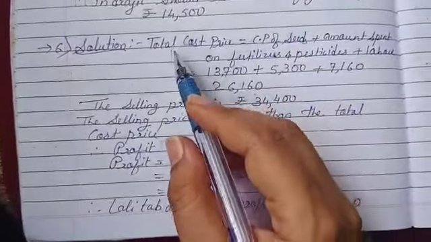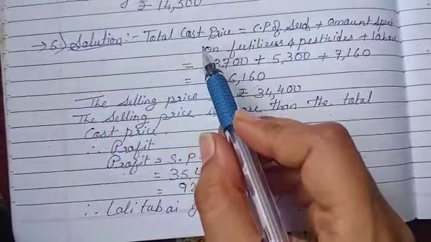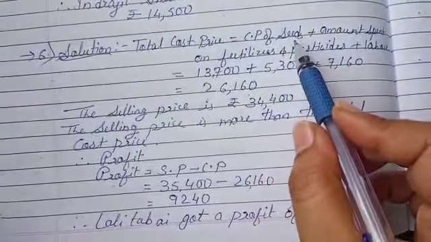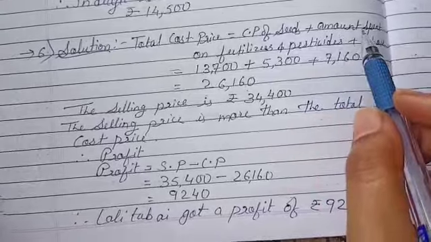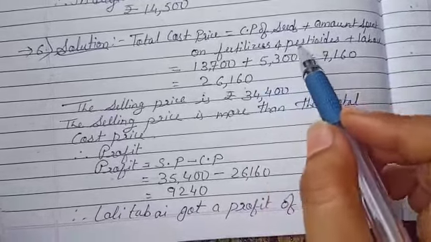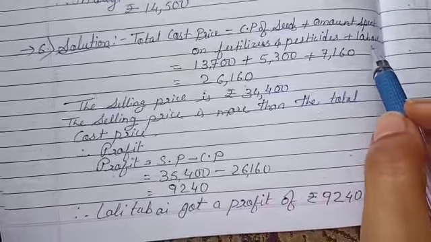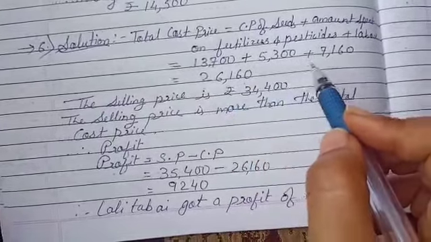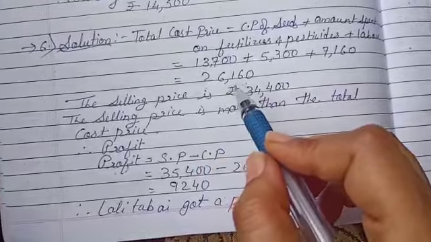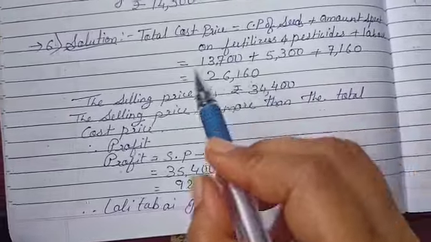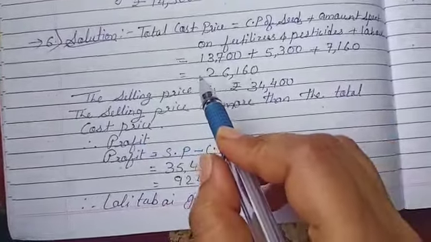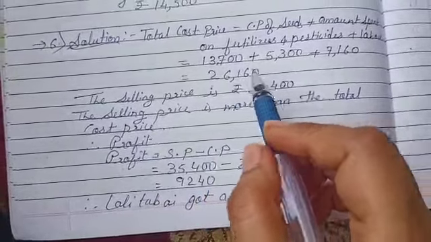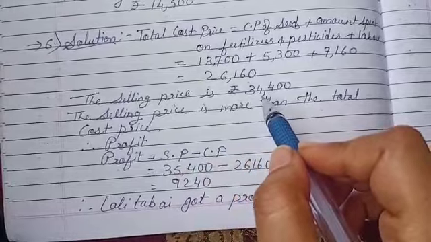Sixth sum. Let's take out the total cost price. So total cost price is equal to the cost price of seed plus the amount spent on fertilizer and pesticide and labor. So I have written this 1, 2 and 3. We have done the plus, so we get 26,160. So we get the total cost price. This is the total cost price, 26,160. And the selling price will be